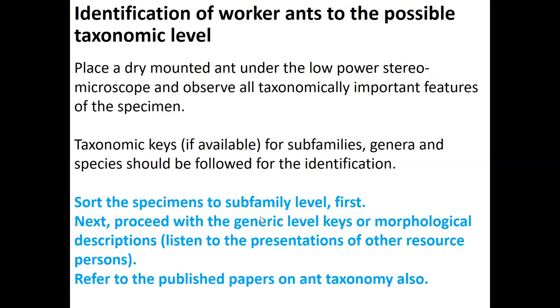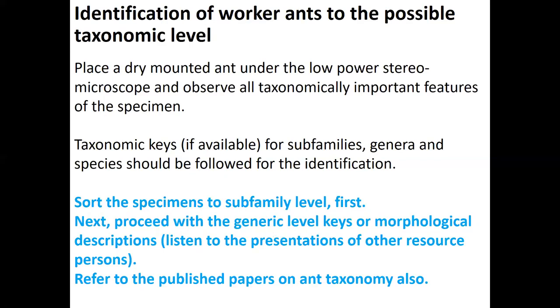Dr. Jaitrong will be doing the same, introducing the genera present in Sri Lanka. Next, proceed with the generic level keys or morphological descriptions. Subfamily level identification is not that bad. You can achieve that. But identification to the generic level nowadays is difficult, because earlier we had a good reference